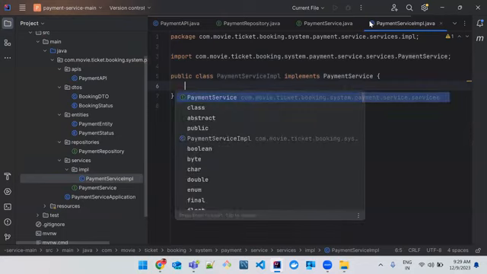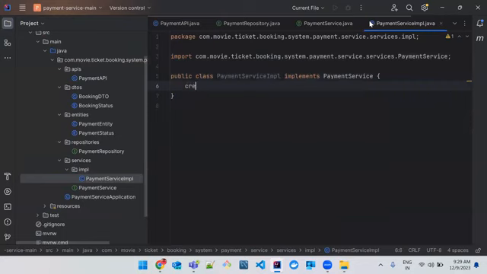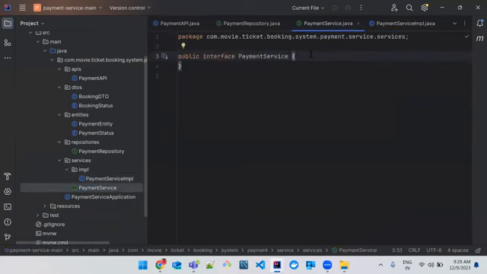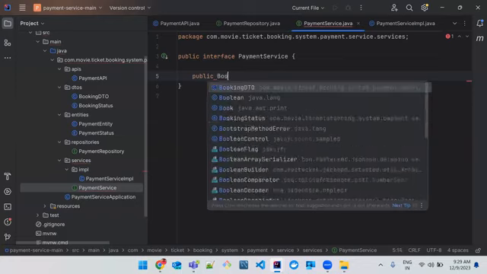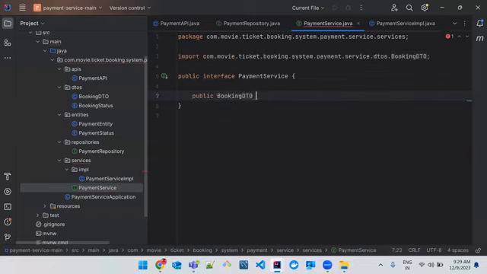Okay, and override that. Oh, we have not created any methods, right? So I'll just add public. The return type must be booking detail. So process payment,